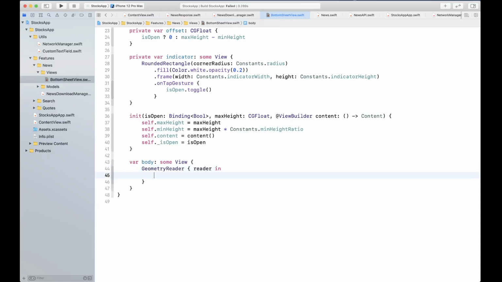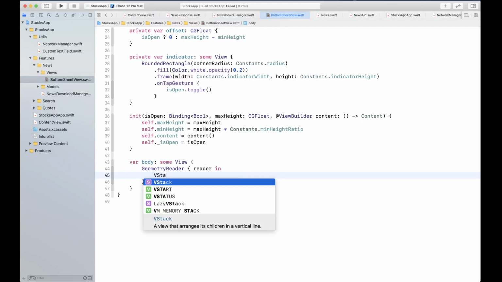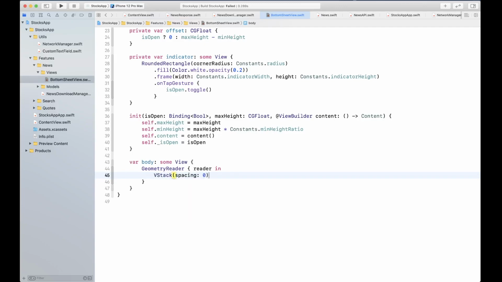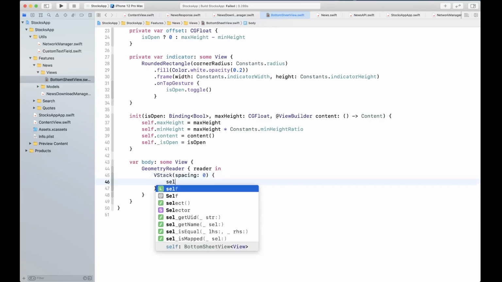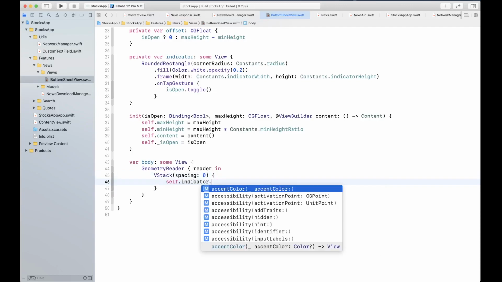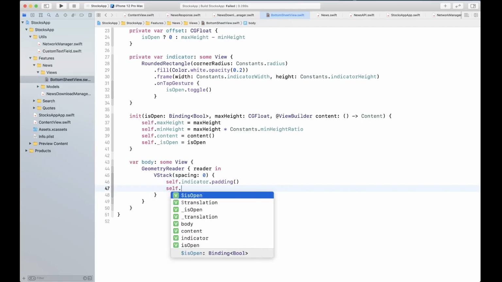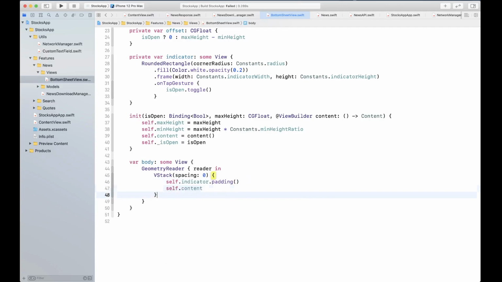We're going to create a VStack inside with spacing, add some padding to the indicator, and have the content in this.